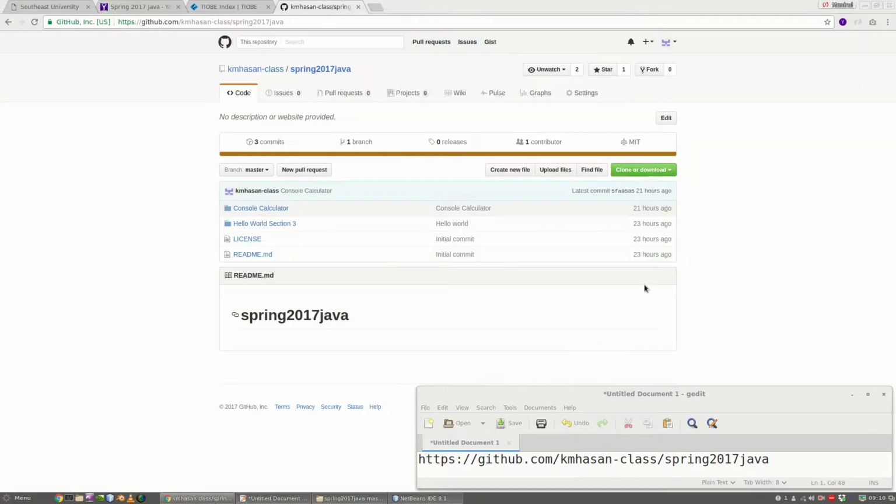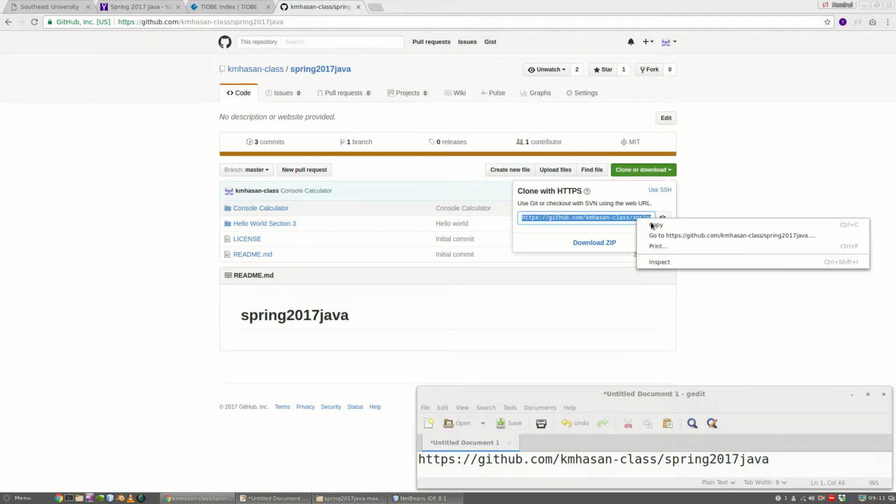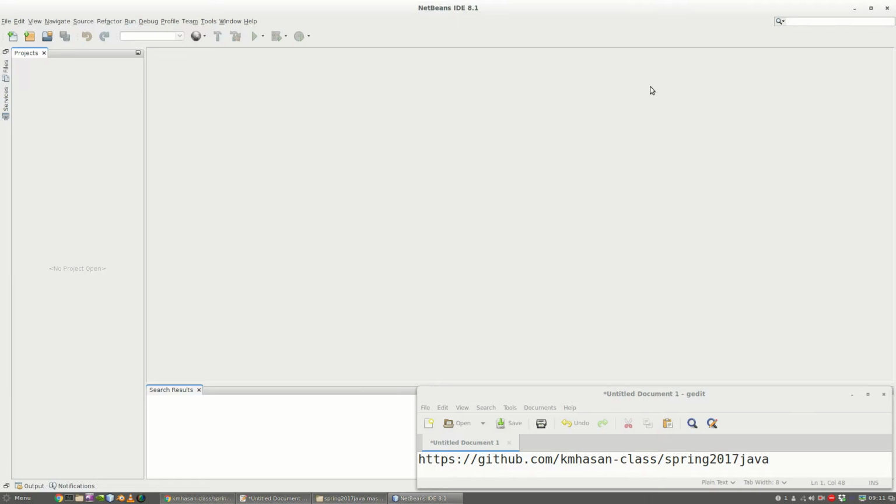What I'm going to do here, under Clone or download, if you click that green button, or the drop down rather, there is one option to download the zip, which we already tried, but there is another option that lets you copy a URL, a link. So you can copy this, and then you can go open NetBeans,